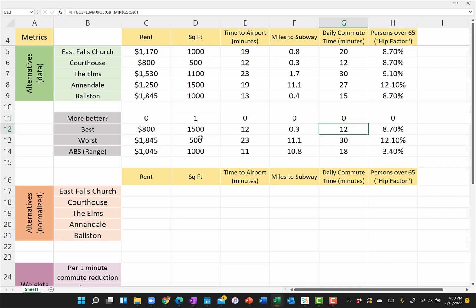The best one is the shortest, so that's 12 minutes. Yep, that worked. And 30 minutes is the worst, and the range is indeed 18. Great. So now we're going to go back to our slides and check in about how we're going to actually